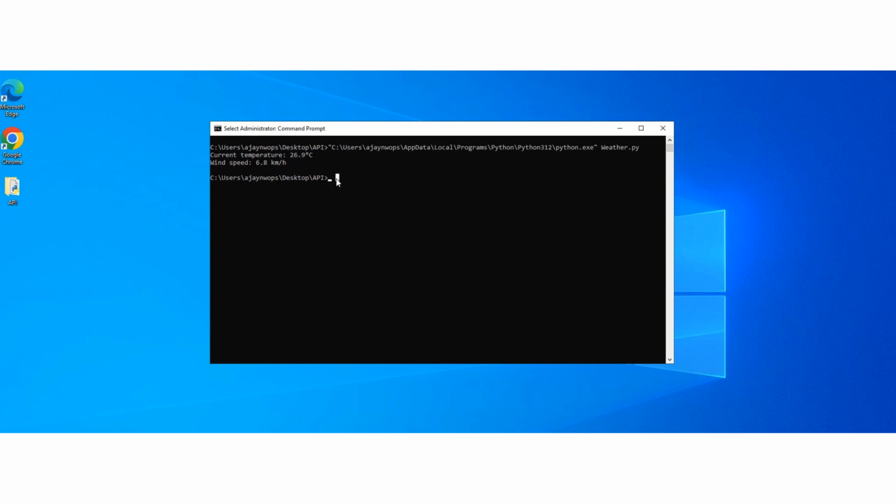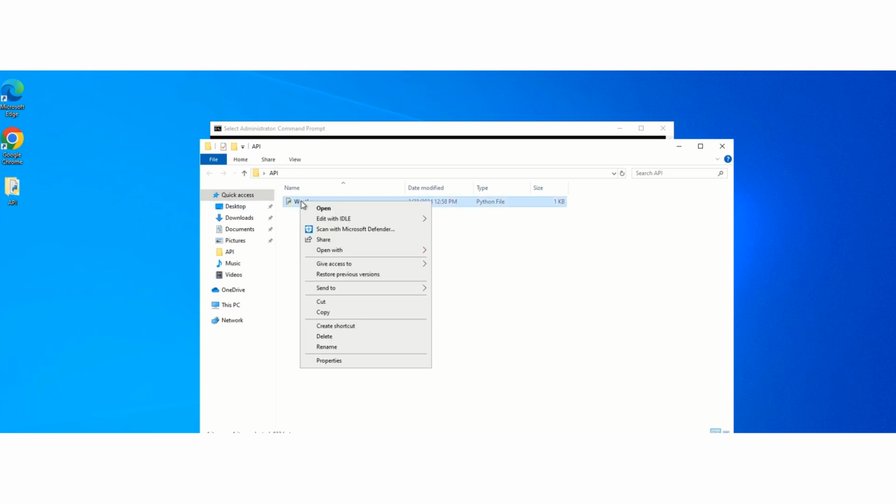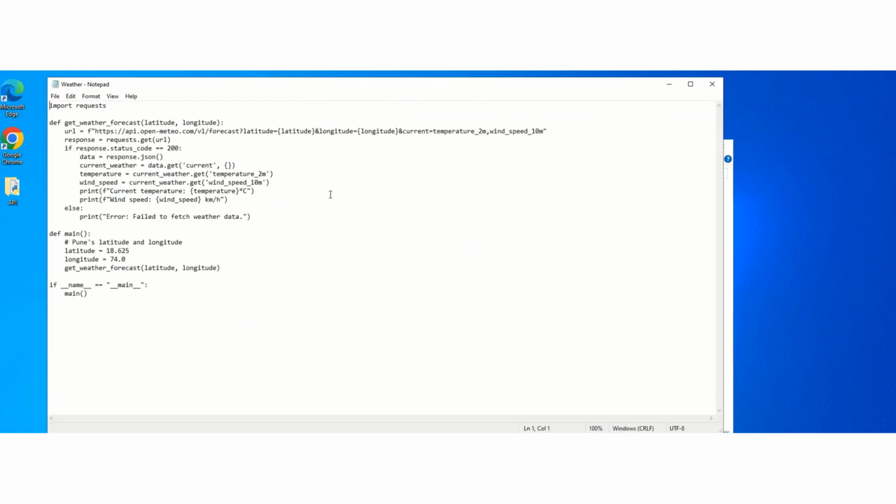In the backend, this script is basically calling those APIs. Let's take a look at how these APIs are called. So I'm going to open my Python script, and in this script you can see I imported a library which is requests. I mentioned there are going to be specific libraries for a particular function. So this is the library which gives me flexibility to call the API. So I'm calling an API which is going to be the open